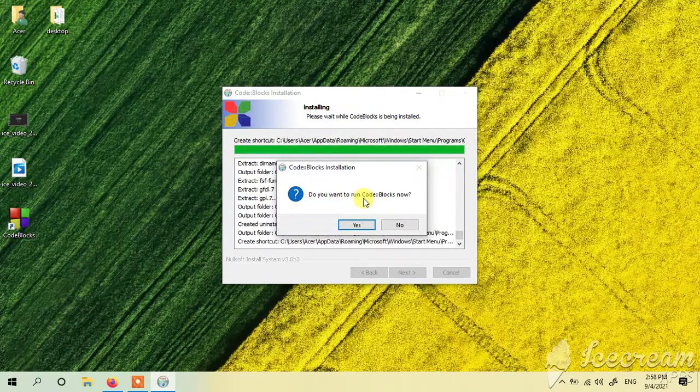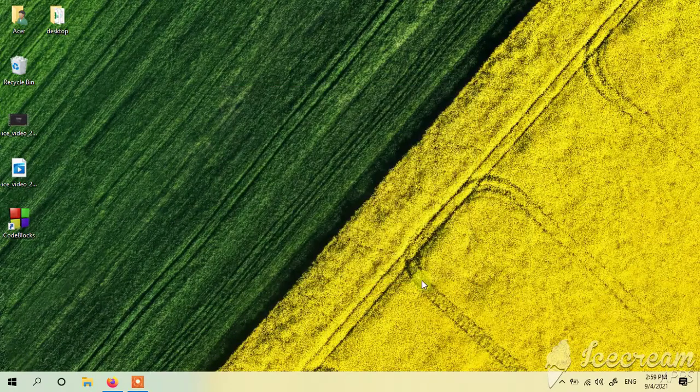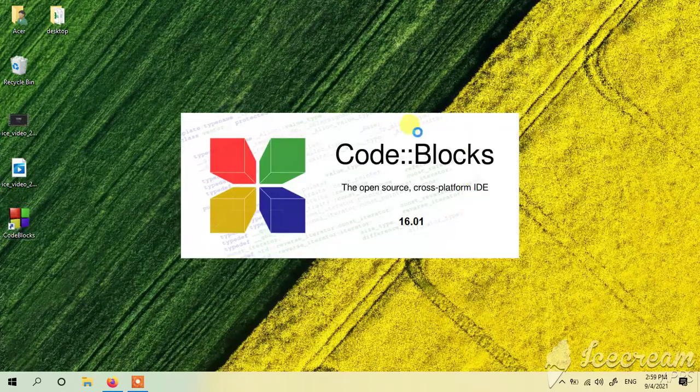Do you want to run CodeBlock now? Not yet. Just click next and then finish. So when finish, the icon will appear on your screen. To open it, just double click. Then it will